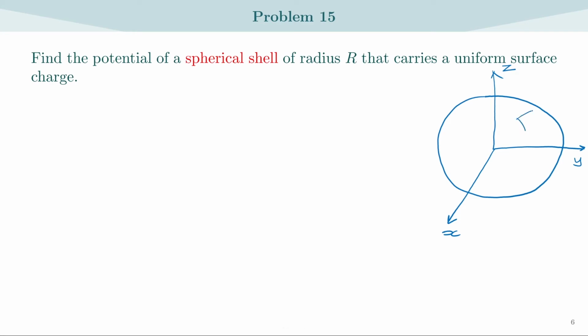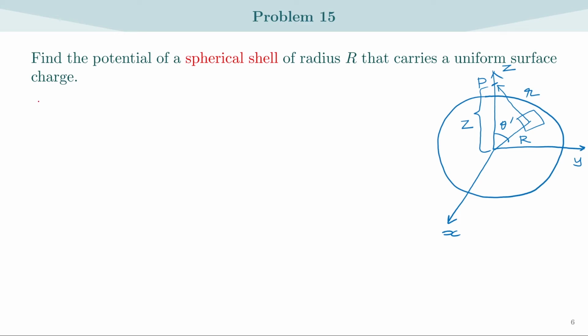Let us draw a patch on this spherical surface, and the radius of this sphere is capital R. Now, the point that we are considering is along the z-axis. Let us denote that point by P, and we'll fix this height as z. Draw a vector from the patch to the point that we are considering, and this distance will be denoted as script r, and this angle will be theta prime.